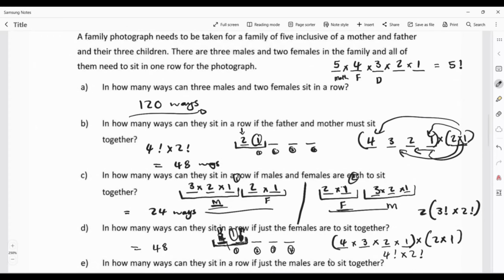And then the last question: in how many different ways can they sit in a row if just the males are to sit together? You're going to simply do the same thing as what we did over